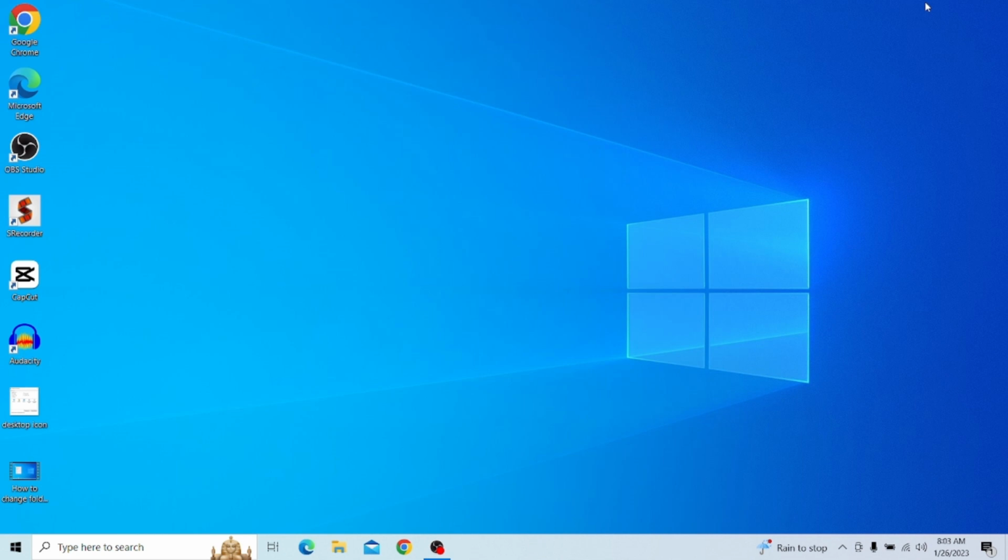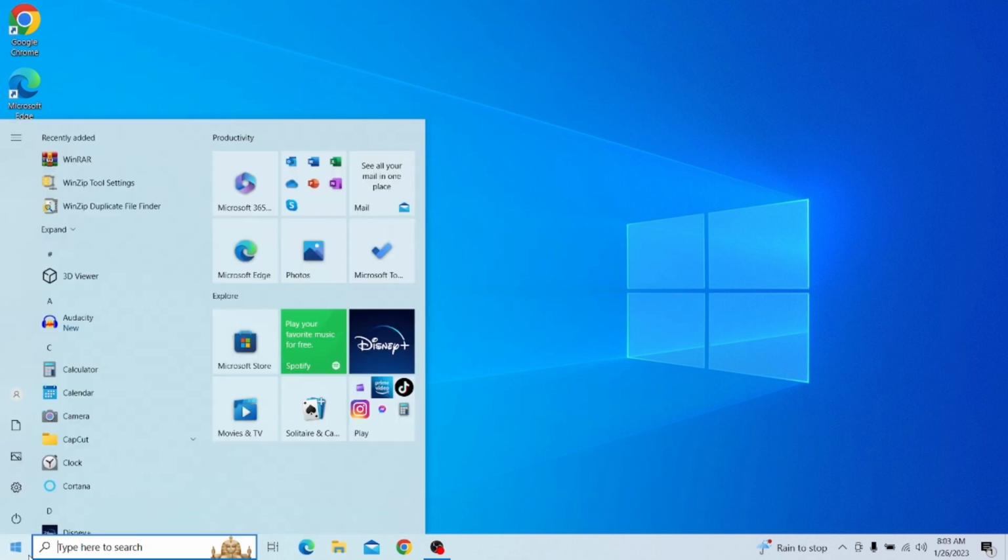Welcome back. In this video we will see how to show icons of application or the folder in desktop. So first of all, head on to the window icon and click